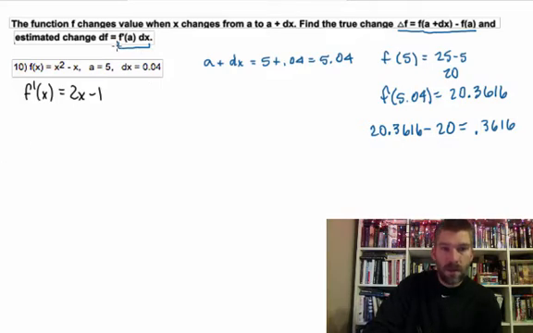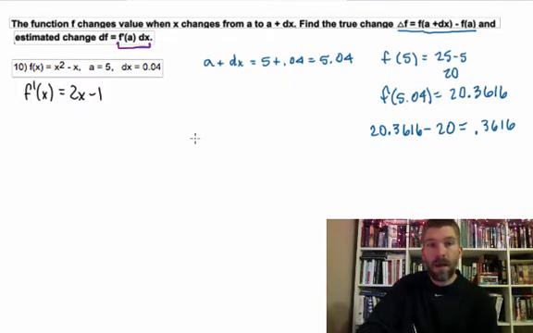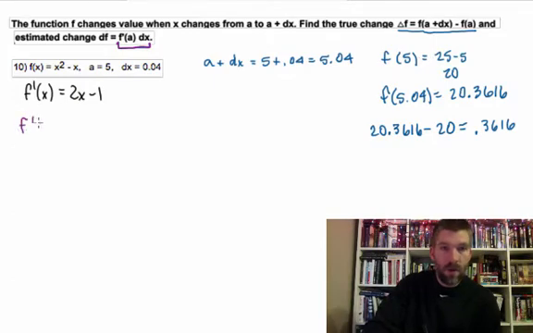Let's do it in this other color. f prime of a at dx. And so here's f prime right here plus a, f prime of a. So that's back to we're going to look at f prime of a times dx. So times